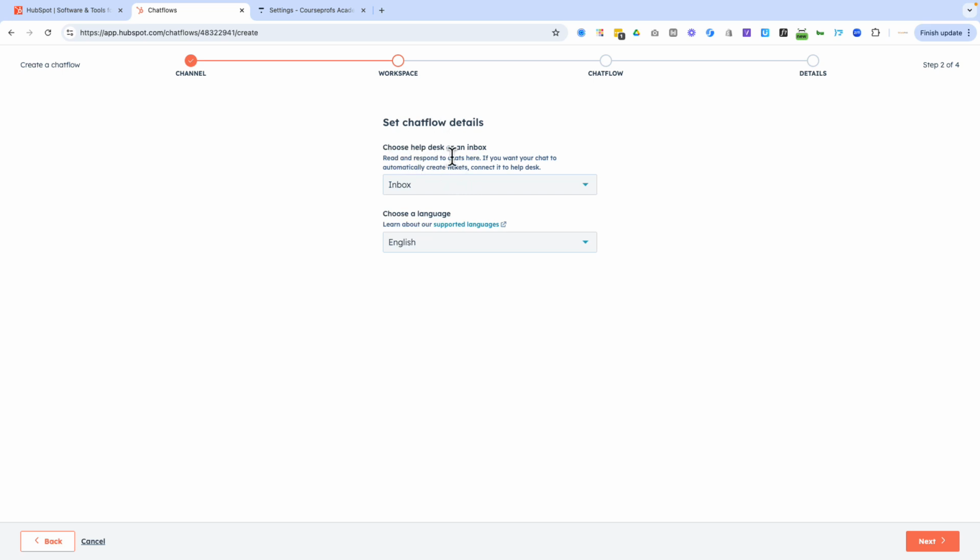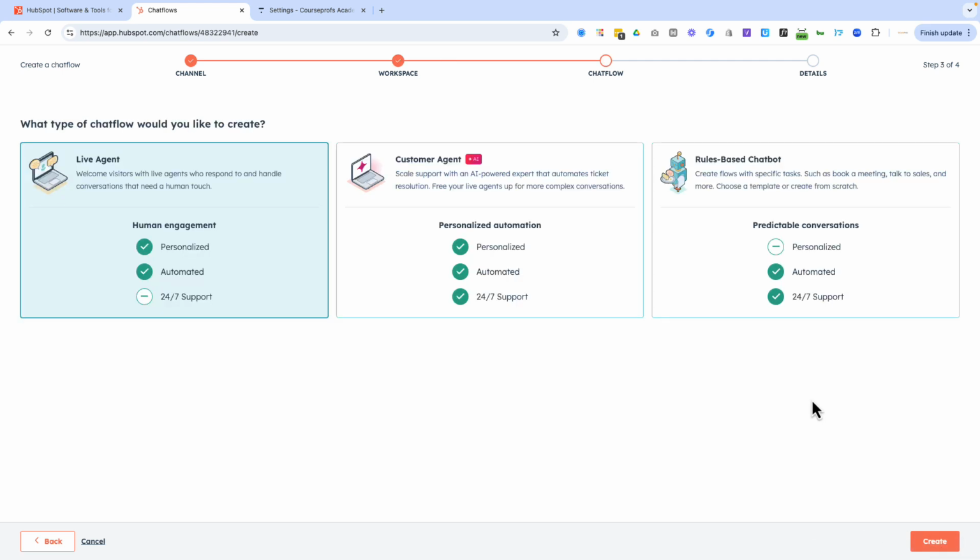You can choose help desk or an inbox. An inbox is effectively where all responses that come in from the chat widgets will go into a single inbox, a bit like your email inbox. If you have a help desk set up on HubSpot, then you can use that. For simplicity, I'm just going to set this up as inbox. We'll keep it as language English, and then click next to go through to our workspace,